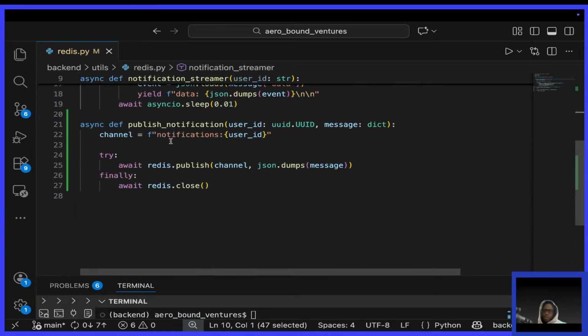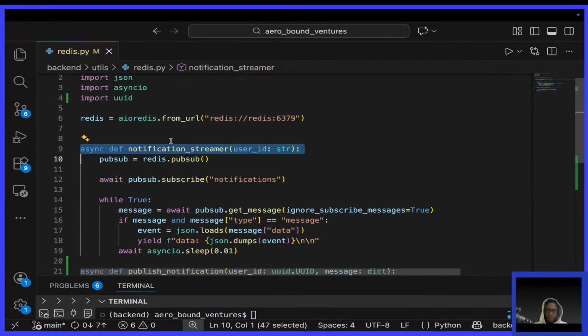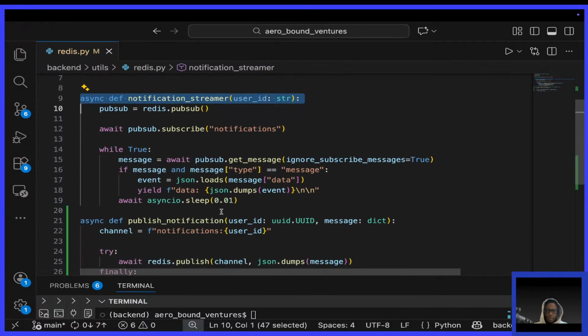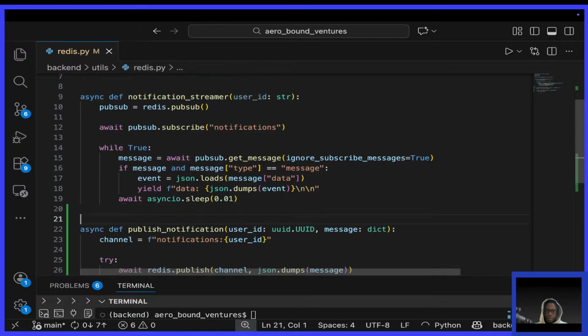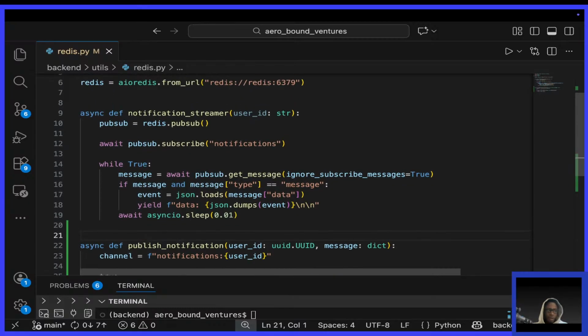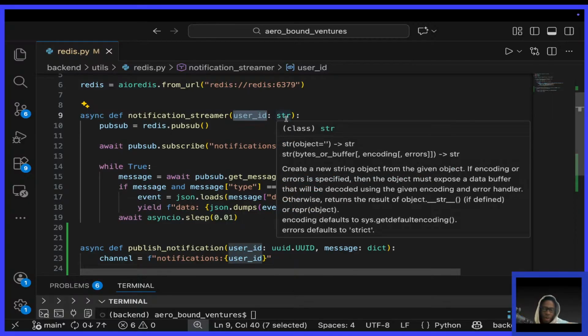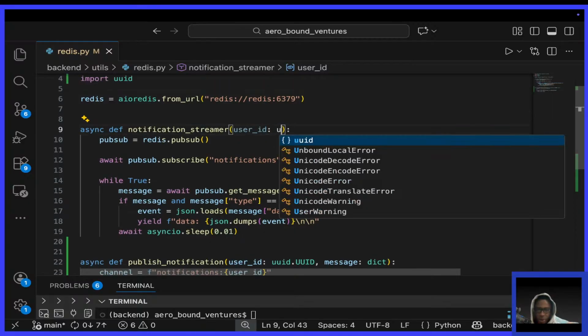Then what else? This notification streamer, okay, we can update it. How do I want to update it? I want to update it first of all here, by subscribing to a particular user ID. Remember, we took a user ID here, but we're not working with it well. And actually I want to also change this to uuid.uuid